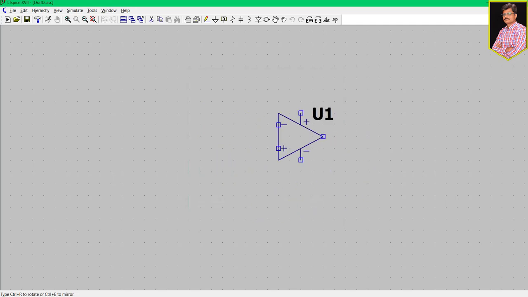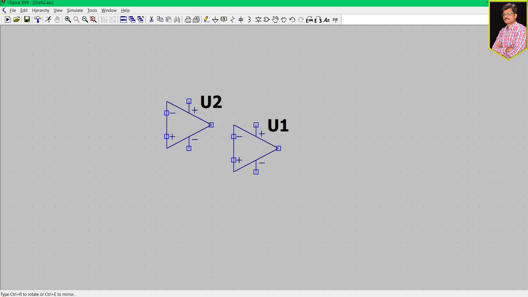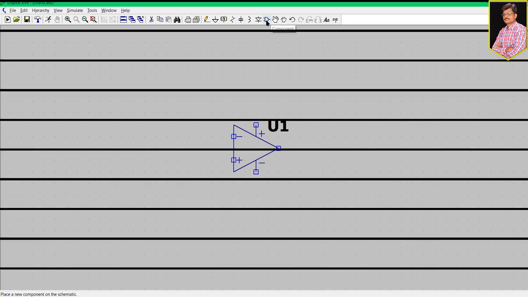Once you do that, you will get this type of diagram, where you just put it on the canvas by left clicking it, and then press the escape button so that it doesn't continue further. So now we have the op-amp on our schematic, and after that I would like to construct the entire circuit diagram with all the components for the inverting op-amp experiment.